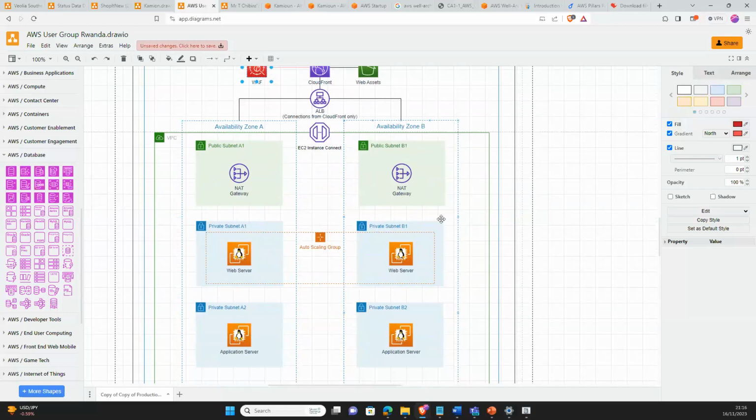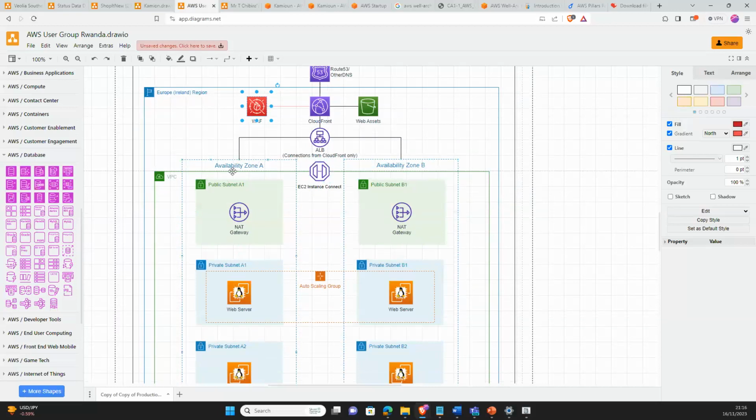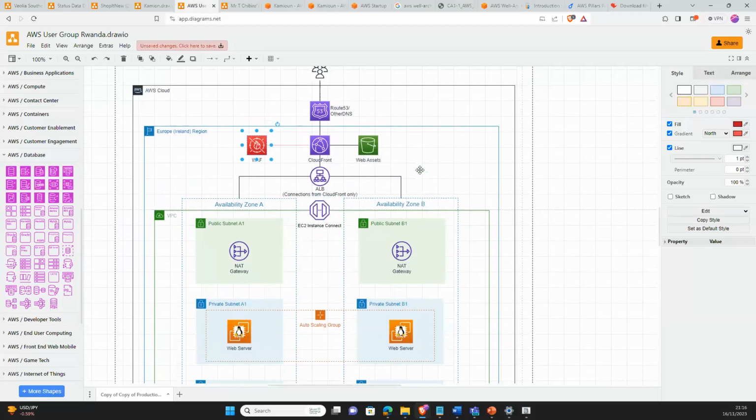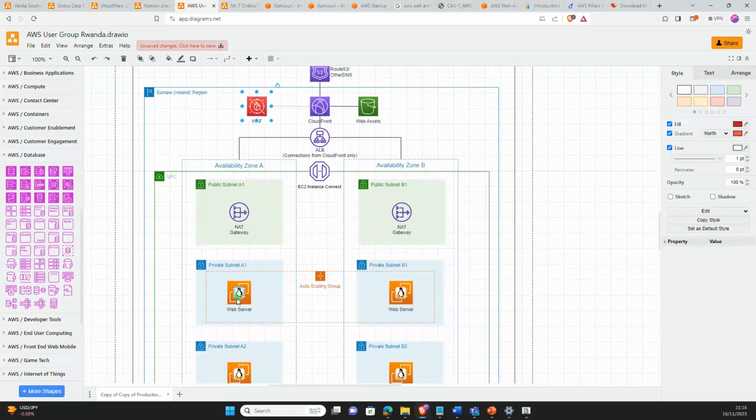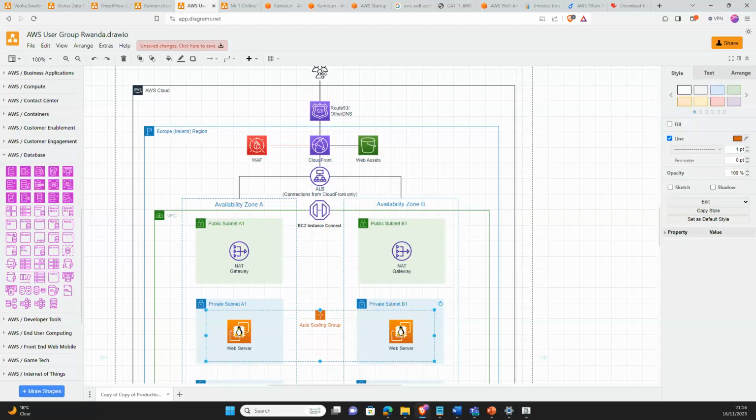Then our system is in Europe Ireland region, but it's across two availability zones, availability zone A and availability zone B. So these users, when they want access, maybe they want to access the front end, what happens is they'll hit the IP address of the application load balancer. Then the application load balancer is going to redirect traffic to the web server. But now, the application load balancer is the only service that is going to communicate with the web server, not the users directly. So the users are only seeing the application load balancer, then the application load balancer is accessing the